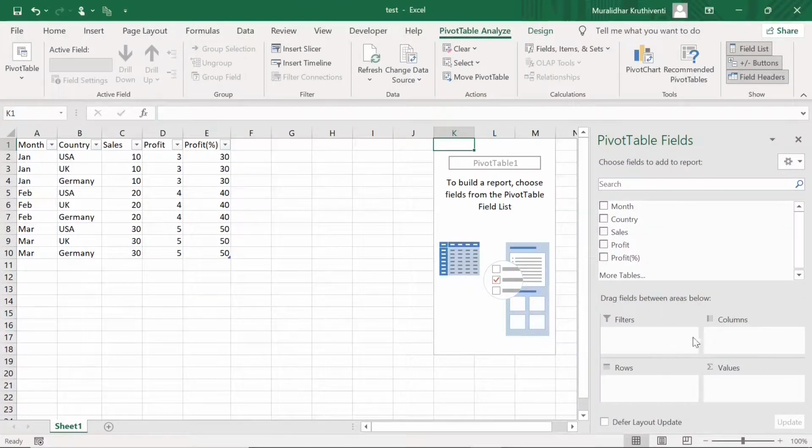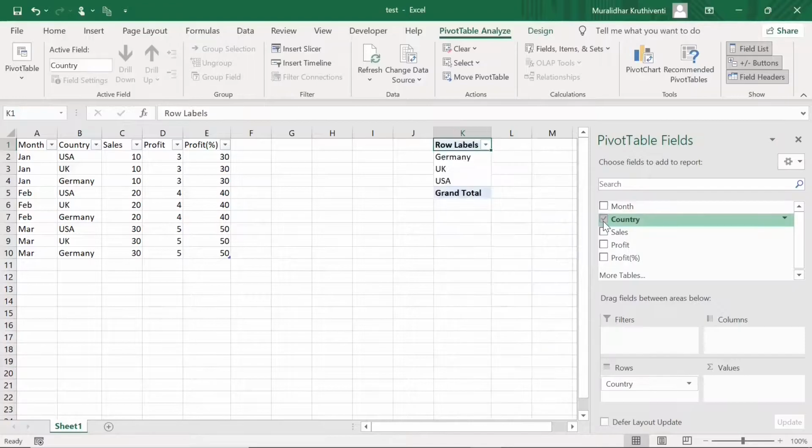Now in the rows column we want to aggregate this data based on the country. So let us select the country in the rows column. So we got the country in the rows column, and in the values column we'll select sales, sum of sales. So we got 60, 60, 60, 180 because for any country, it is 10 plus 20, 30 plus 30 is 60. So for the three countries we got 60 plus 60, 60, and the total is